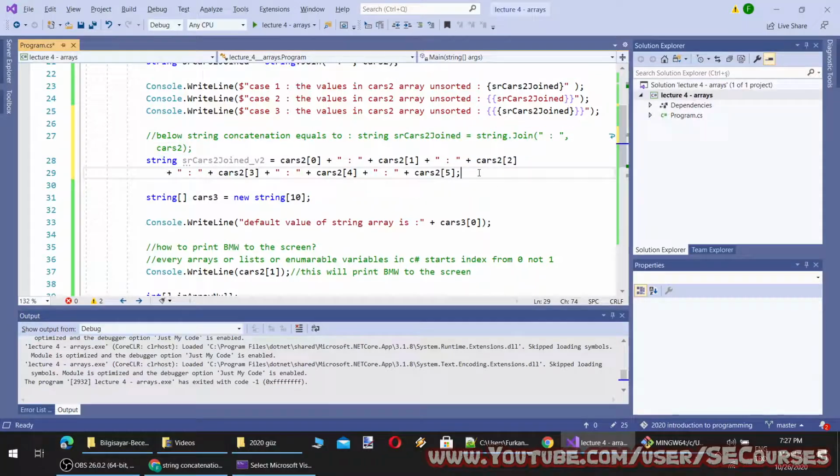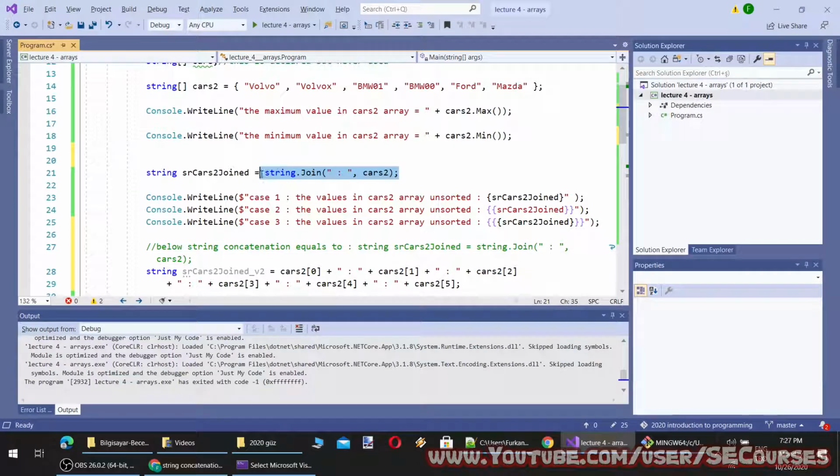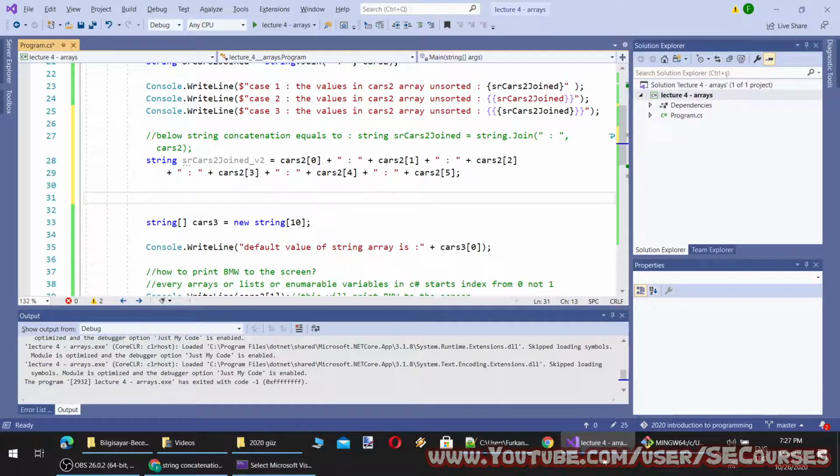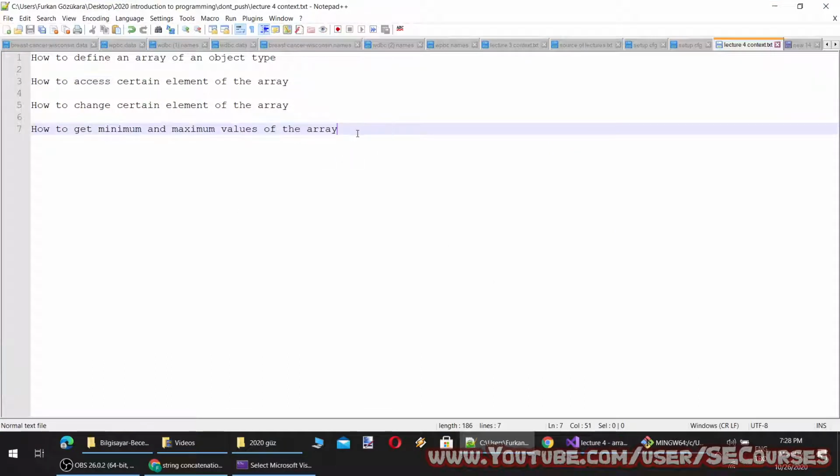You see, this is equal to this single-lined command. Alternatively, we can use something else as well. I will show you.